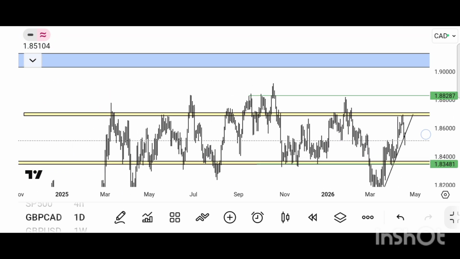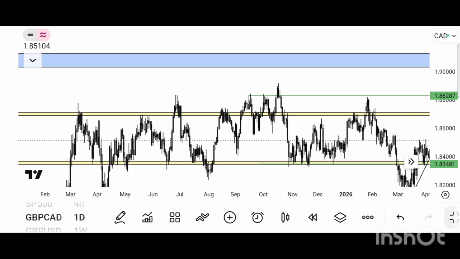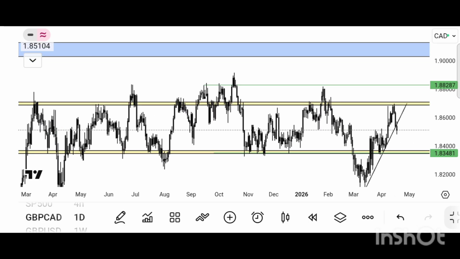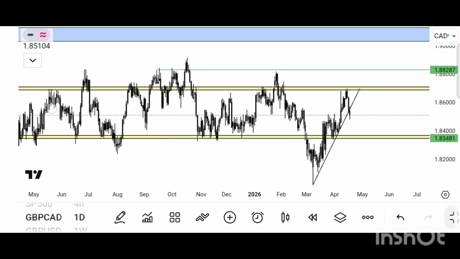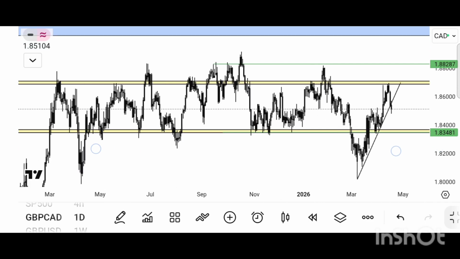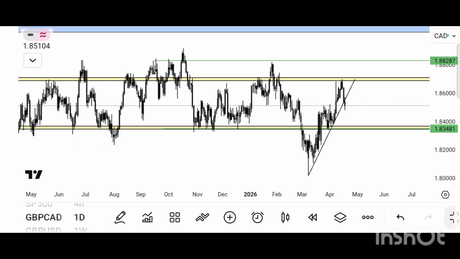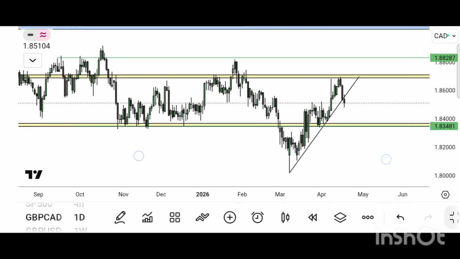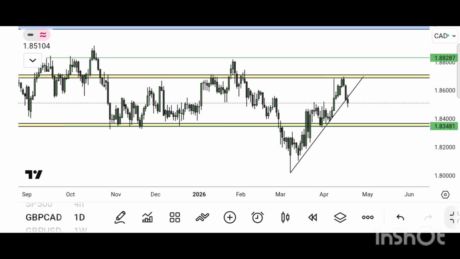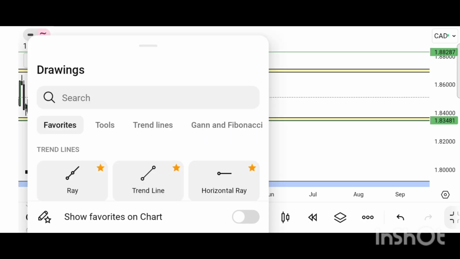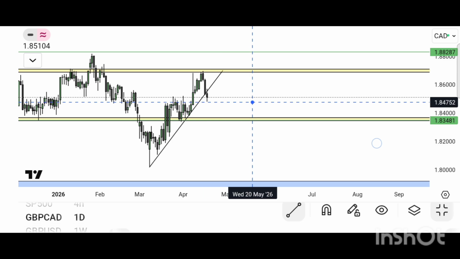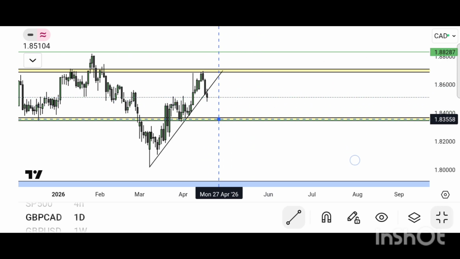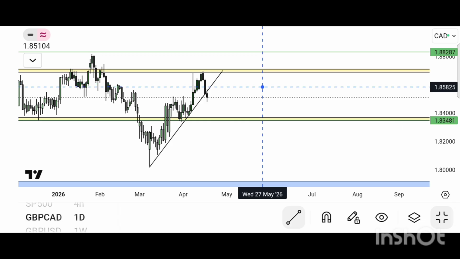If you see it very, very well, you find out that this resistance zone was tested multiple times, and this support zone was also tested multiple times. So in order for us to catch this trade now, there are two things we either do. Since the directional bias is bullish, we either wait for market to come to this zone before catching the buy, because this is a flying knife strategy to catch the buy,